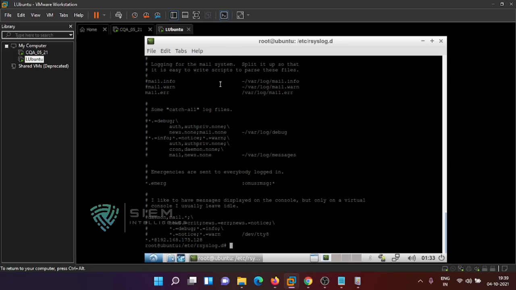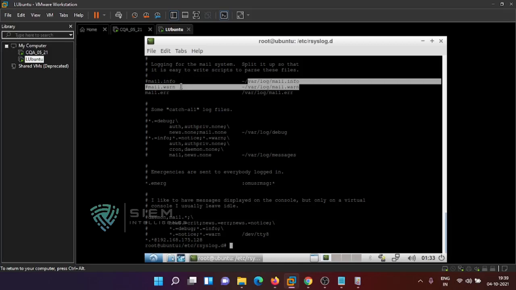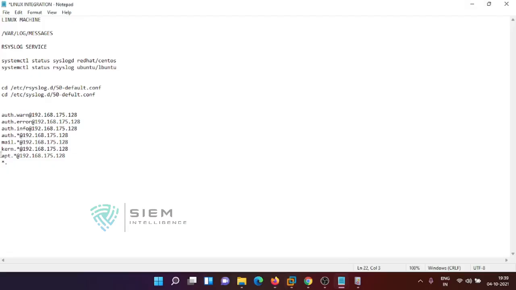That may be mail.info, mail.warn, error log, emergency, or debug, all those logs will be automatically added whenever I type this star.star. That may be mail, auth, kernel, cron, app, anything. Dot star means warn, error, info, debug, everything.